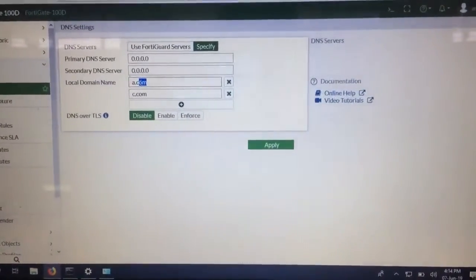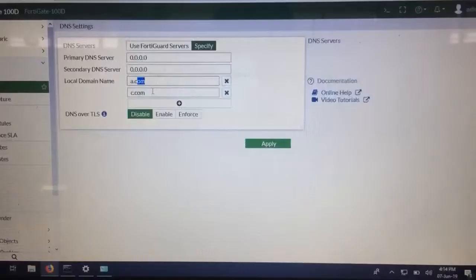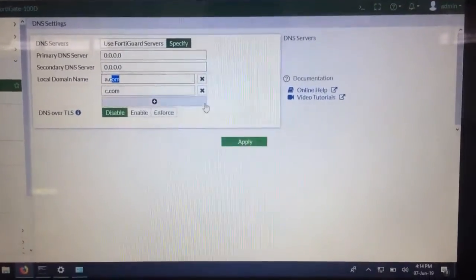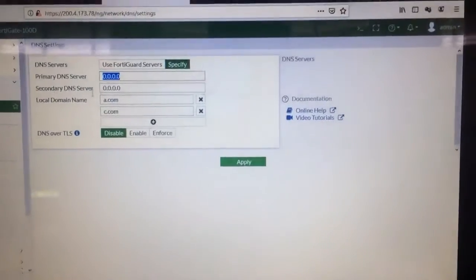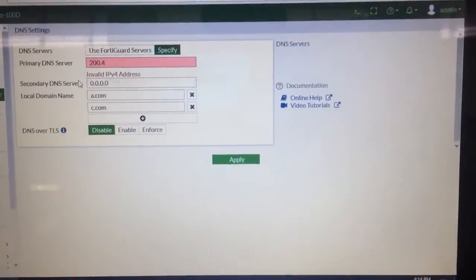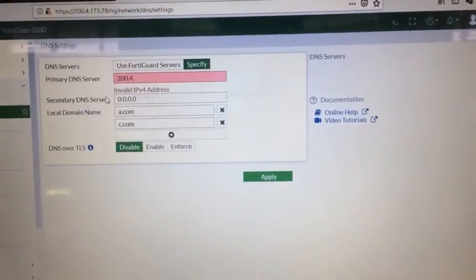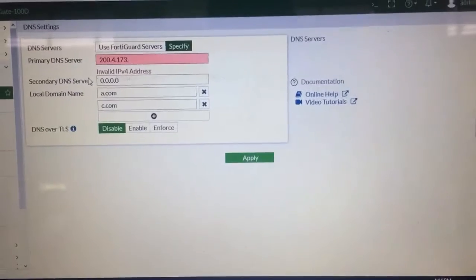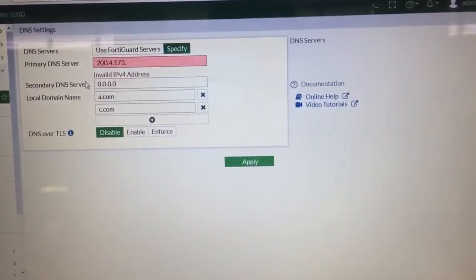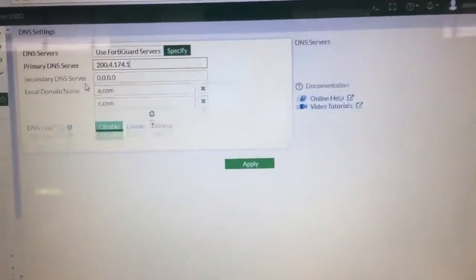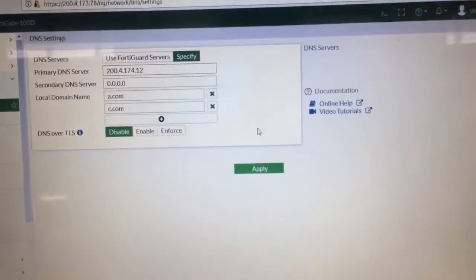You can also put a.com and c.com as the domain. After that you have to apply it. For example, I can use my high-speed DNS server, for example 200.4.173 and also 174 and .12. As you can see, I'm going to apply it,